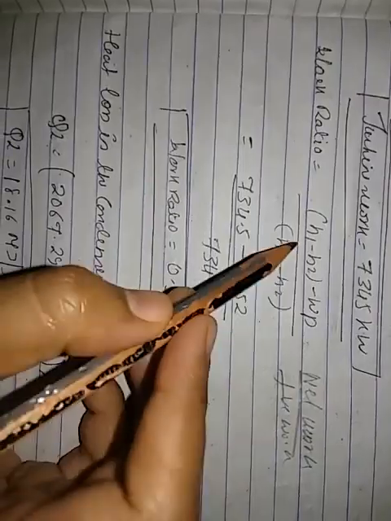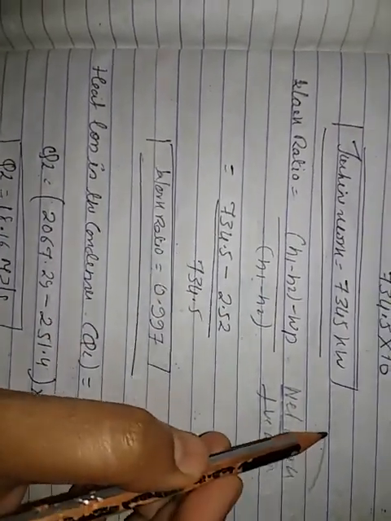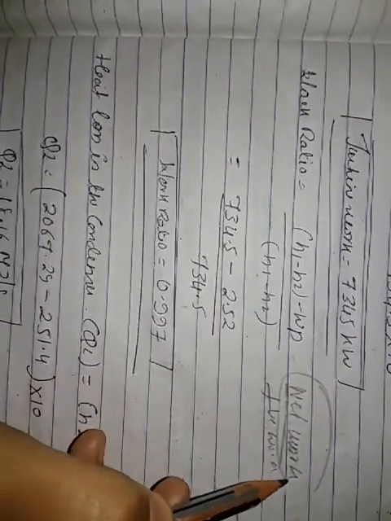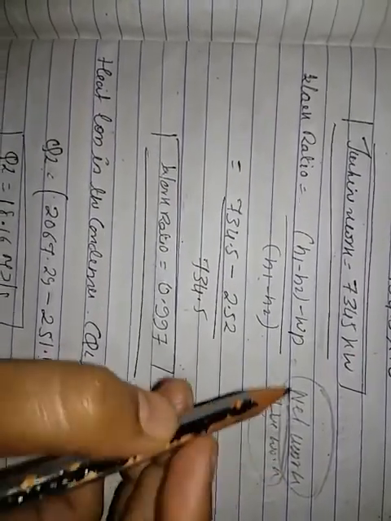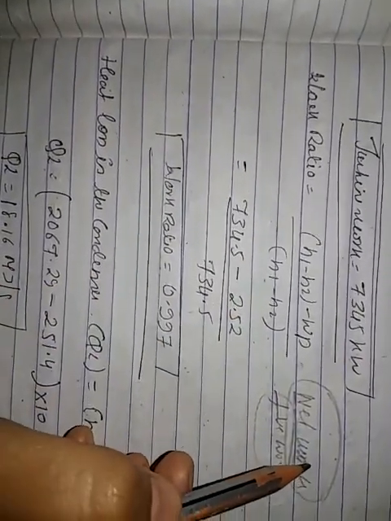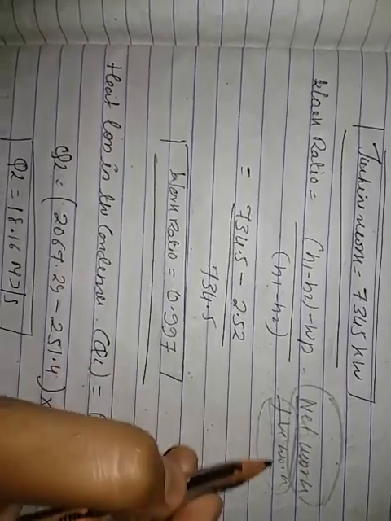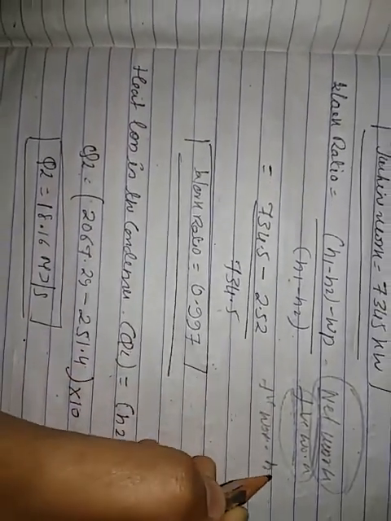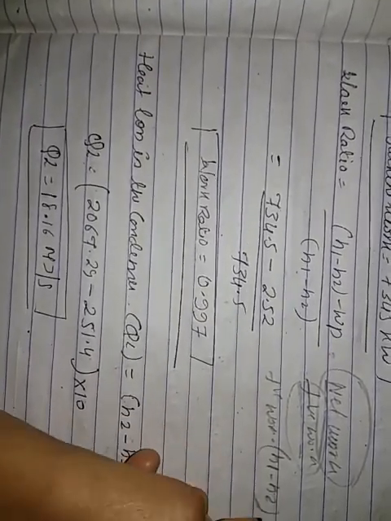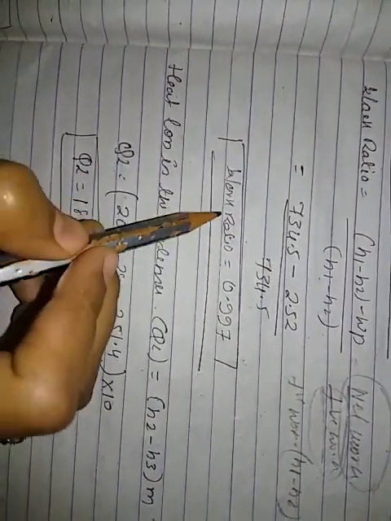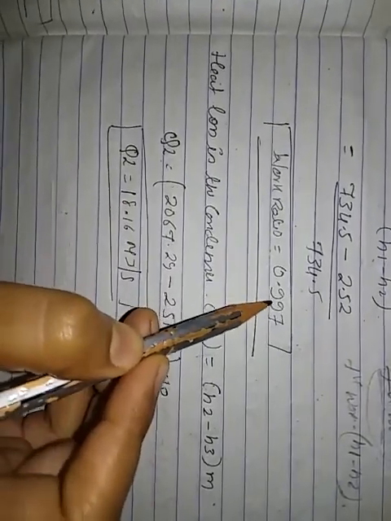Now what is work ratio? See, work ratio is your net work upon positive work. Now what is the difference in Rankine cycle efficiency and work ratio? In Rankine efficiency we are taking the ratio of net work upon your heat supplied. Here we are doing net work upon positive work. What is positive work? Positive work is always turbine work, H1 minus H2. So after calculating I got work ratio as 0.997.